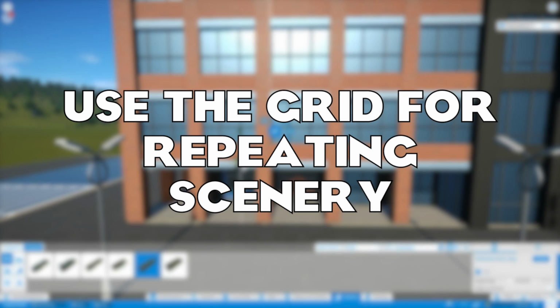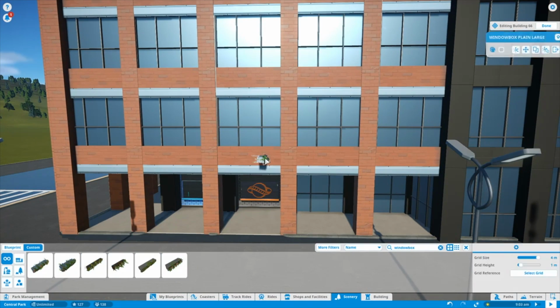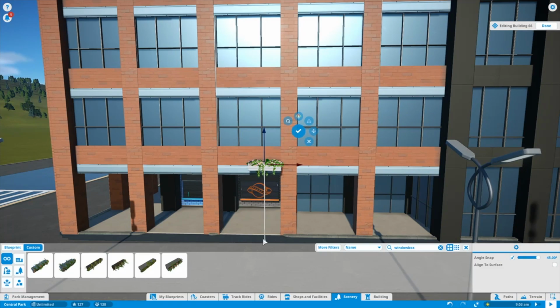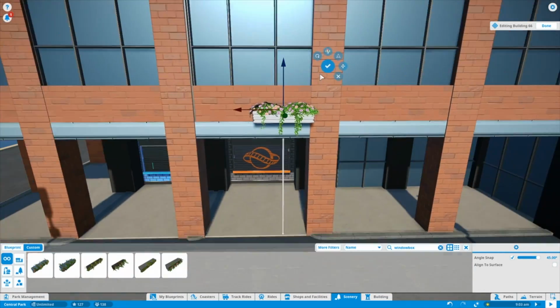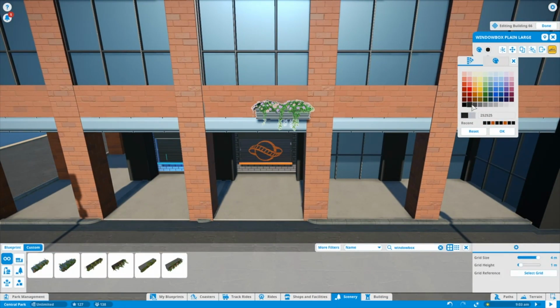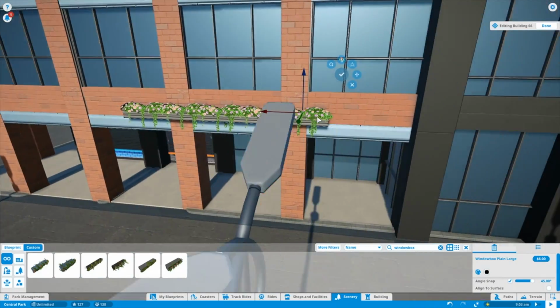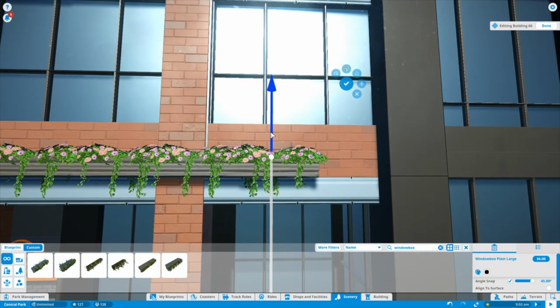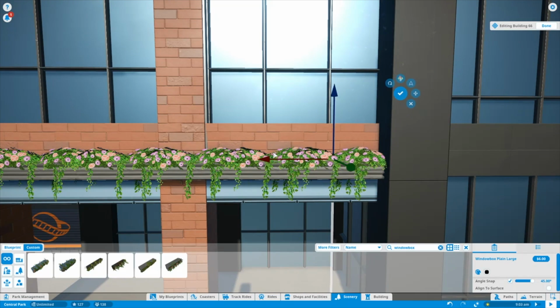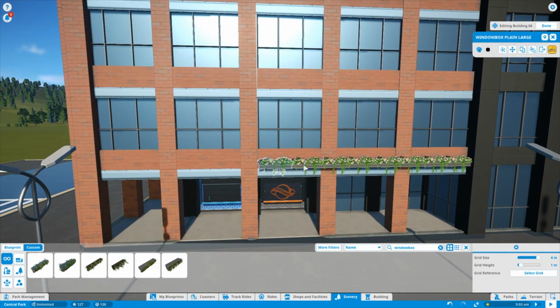Okay, so my next tip is to use the grid whenever possible when adding non-grid snapped pieces to your build. So say for instance you're using a non-grid snapped pillar, or you're using a scenery item, and you want to repeat this item all the way around the build. So rather than sticking the item in the usual way and then using the advanced move and duplicate tool to manipulate it around the building using the manual rotations and using your mouse to do that,